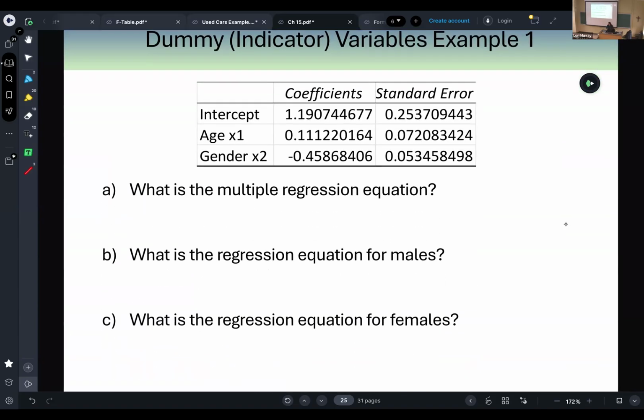So let's take a look at this. Here's the output from Excel. We have our coefficients. Age is X1 and gender is X2. Just remember Y was monthly salary. It doesn't come out in the output because it's just the Y, and it would be a Y hat. So what is the multiple regression equation? Well, it's going to be monthly salary, and you can put a big hat on that, or write it in notation, is equal to